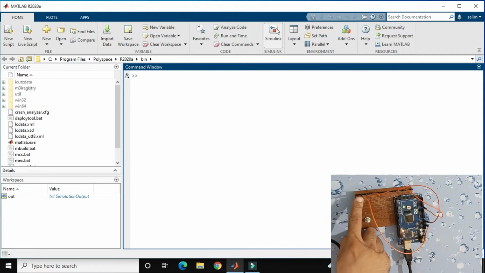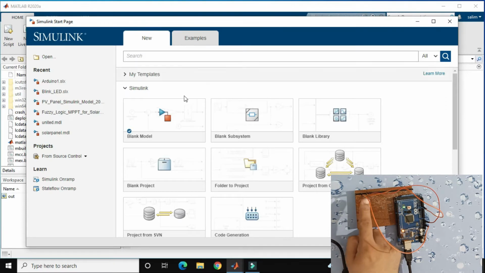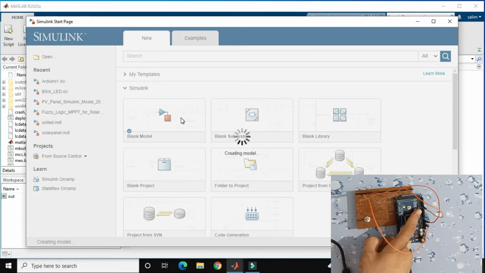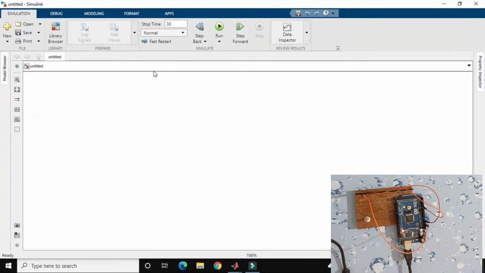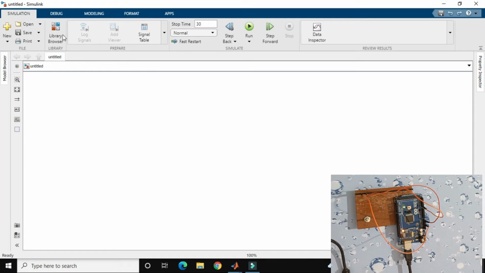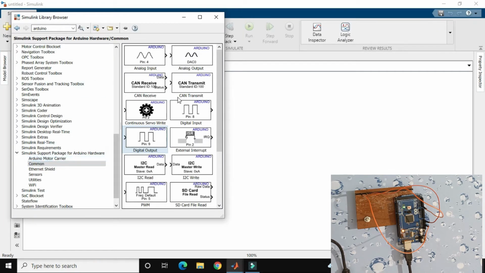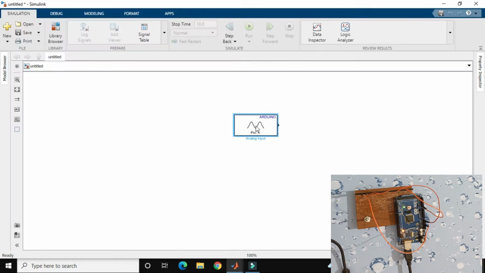I go to Simulink and create a blank model. Over here you go to the library, and in the commonly used blocks I use the analog input.